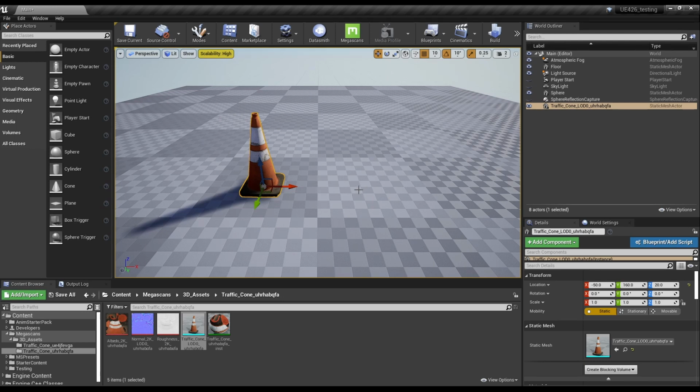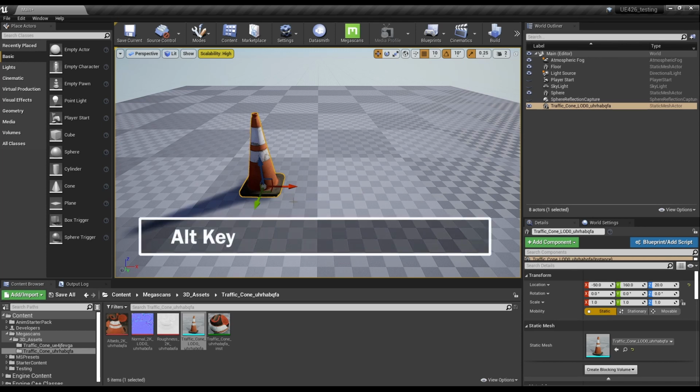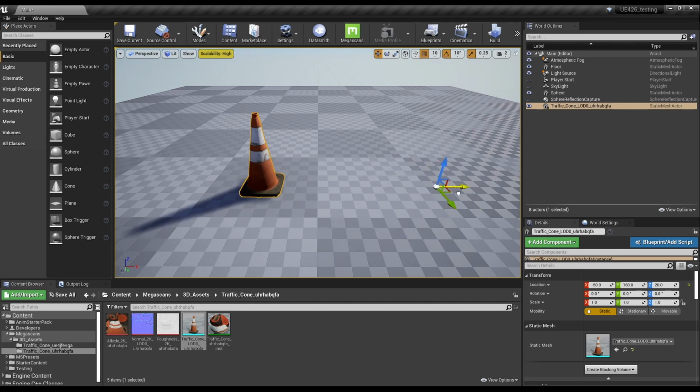Well, that's actually really quite simple. You hold down the Alt key on your keyboard and choose an axis, and then you hold down the middle mouse button and then drag. And you'll notice the pivot has now moved away from the object and it's now set to wherever I want it to. That's fine. The key to remember here is this is really a temporary move, because if I was